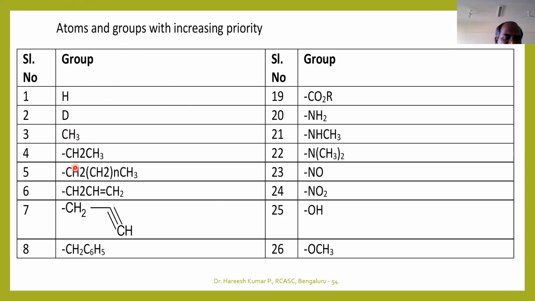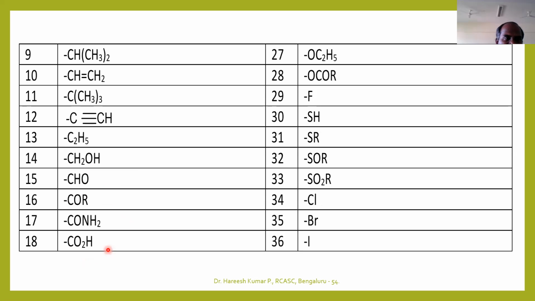Similarly, when you are comparing these two, this carbon, this one takes priority. When you are comparing these two, this one takes priority. When you are comparing between the double bond and the triple bond, the triple bond takes priority. When you are comparing an allylic, this kind of moiety is called allylic, of course, propargyl moiety. This is propargyl, and then benzyl takes priority. So I will go to the next slide.